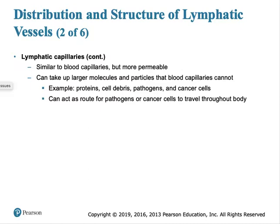So again, similar to blood capillaries, but it's easier for liquid to move in and out of the lymphatics. It's more permeable to the fluids coming in and out. It can take up much larger molecules and particles than the blood capillaries can. So, for example, proteins, some cells, and cell debris, and that includes things like cancer cells, cells that are traveling